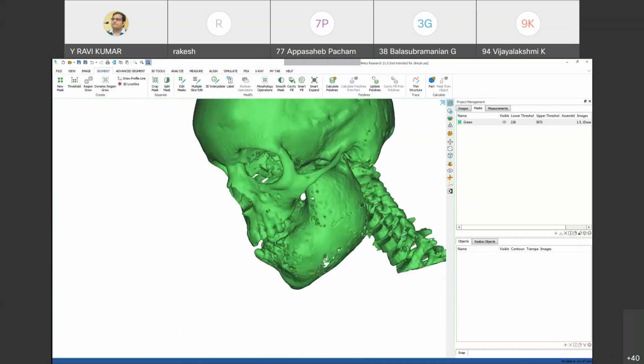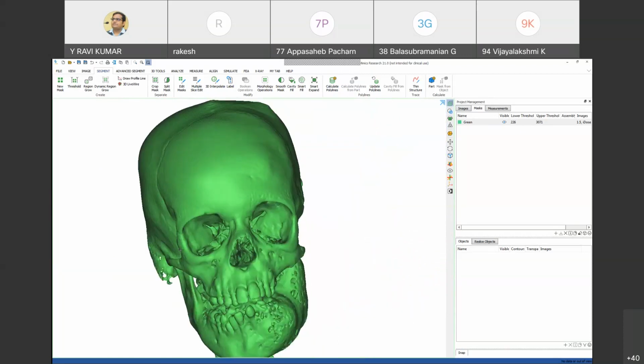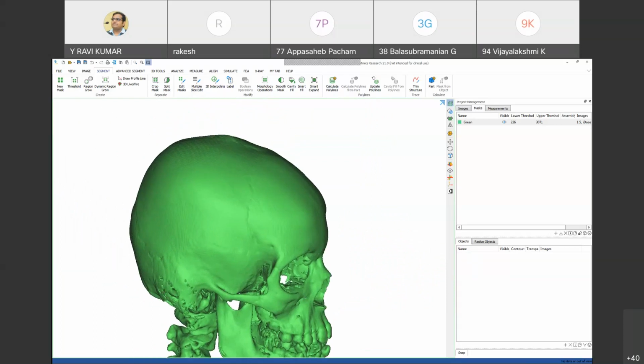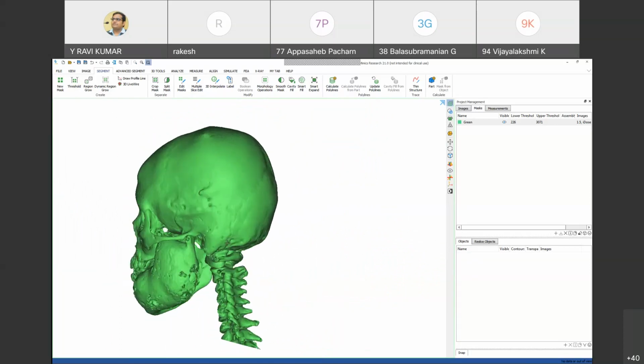From the upper teeth till the eyes, this section is called the maxilla. And this is called the cranium. So the skull contains the cranium, maxilla, mandible, and then the spine.